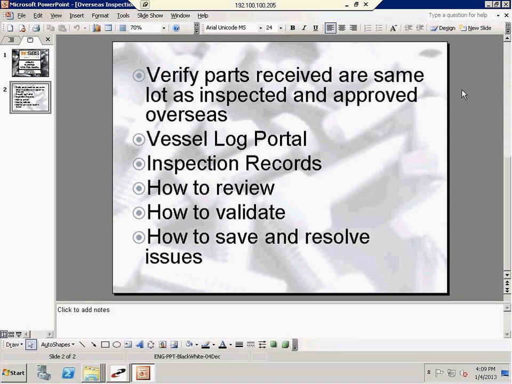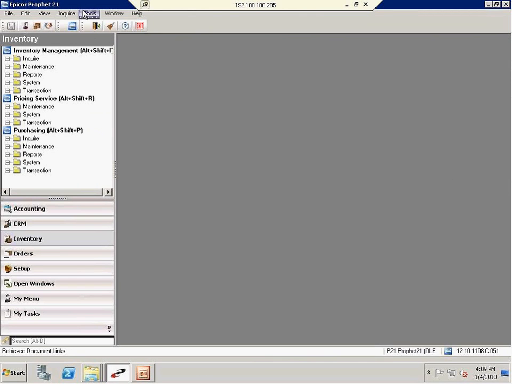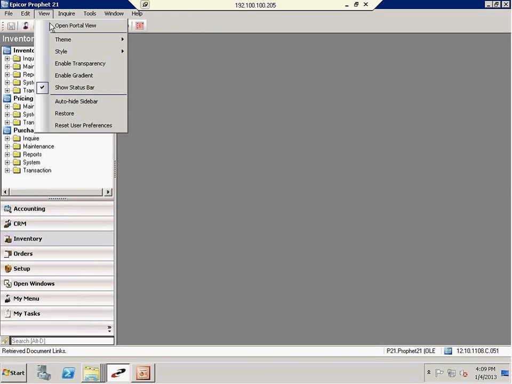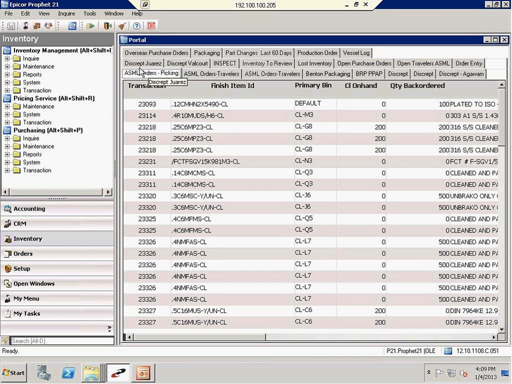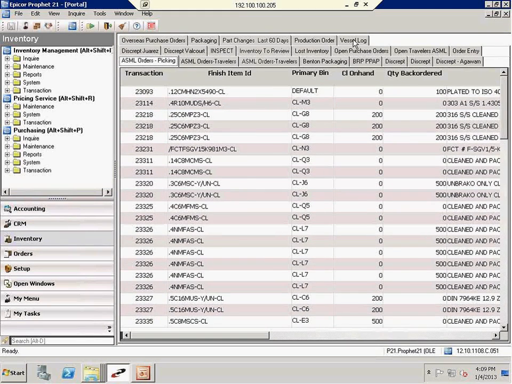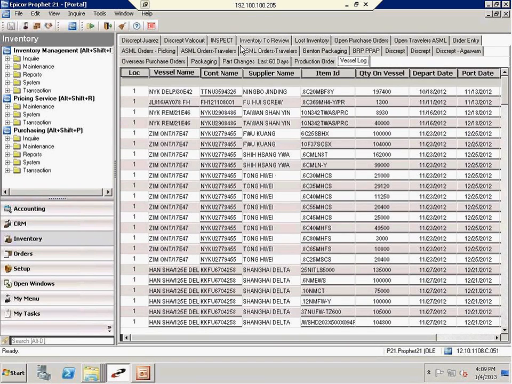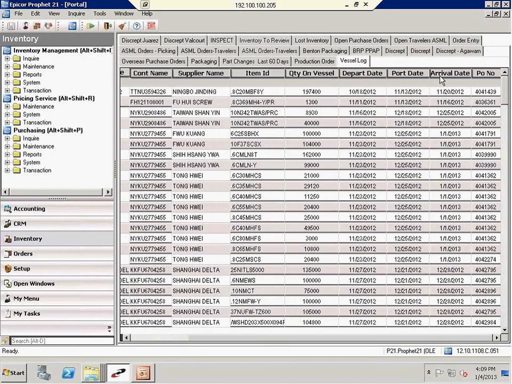So let's get started in P21, looking at the log. If we go into the portal's view, vessel log, this shows us all the containers that are on the water at any one point. It shows what parts are on each individual container, the quantities, and also the estimated arrival date of those parts at